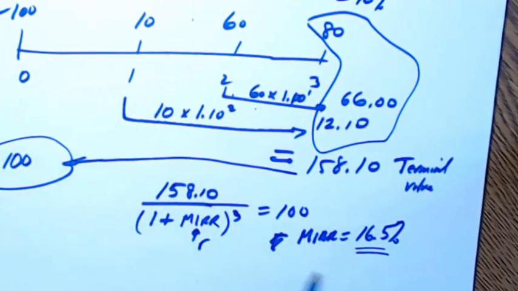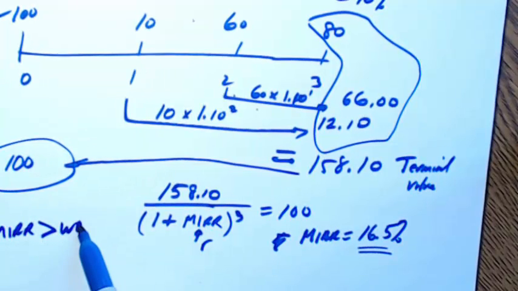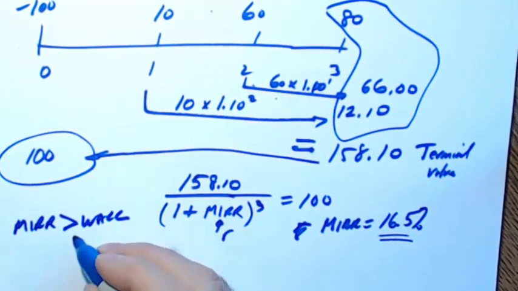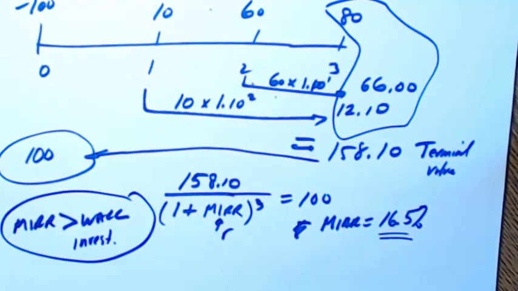Now, the decision rule: if MIRR is greater than the weighted average cost of capital, invest in the project. Invest. Okay, so that means it's acceptable. And so you want to find the projects with the highest modified internal rate of return. And to make your decisions, when you have mutually exclusive projects, it's either one or the other, you'd pick the one with the highest modified internal rate of return,